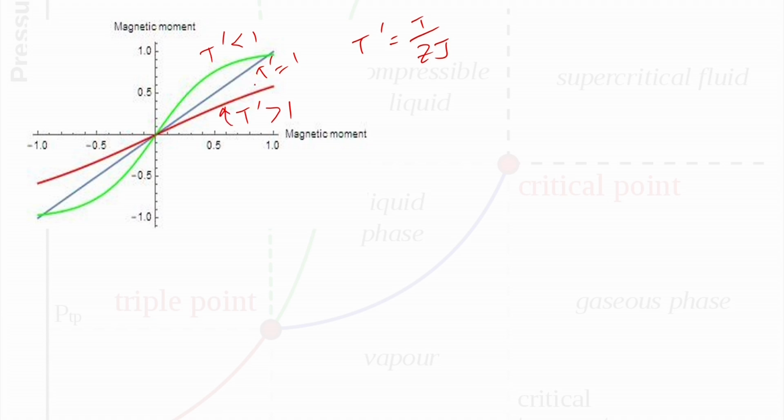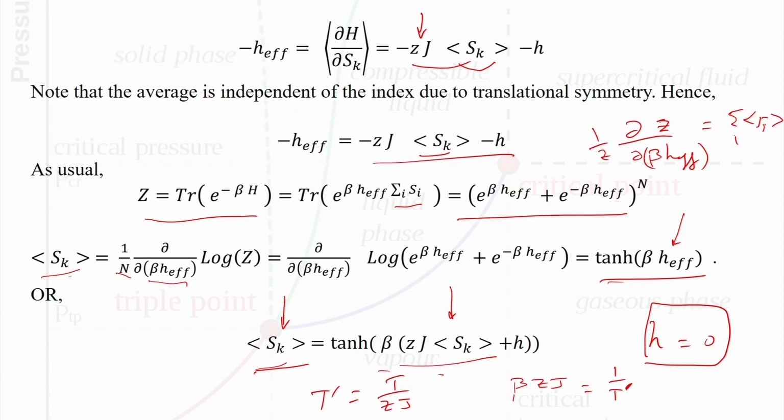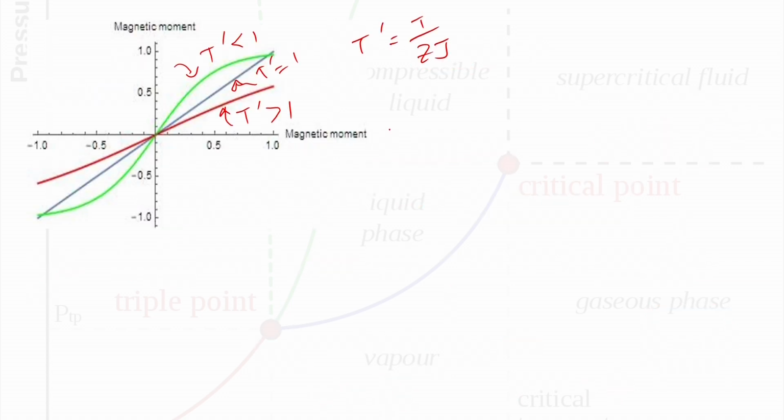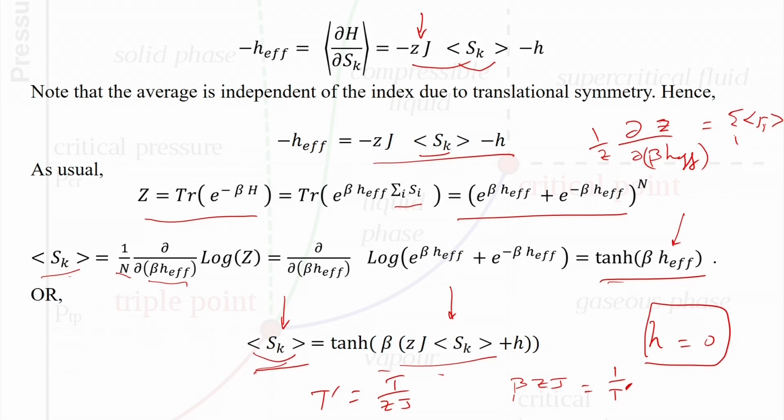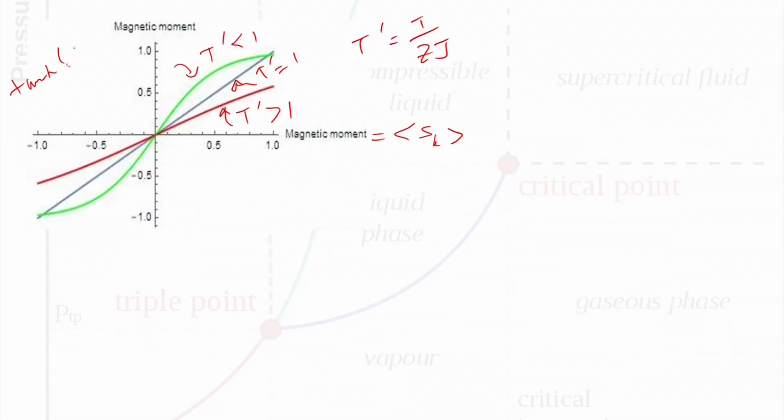So what are the x and y axis? The x axis is basically this one. This is basically average of Sk, and here what I have plotted is tan hyperbolic. Remember that H is 0, so it is basically average of Sk by T dash. So that's what the y axis is. So this is the x. So these two are equal. So basically average of Sk is equal to tan hyperbolic average of